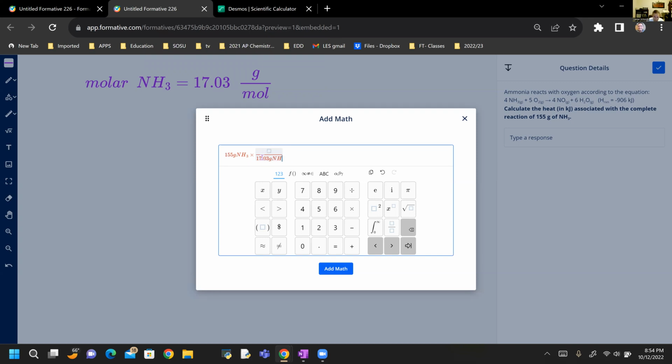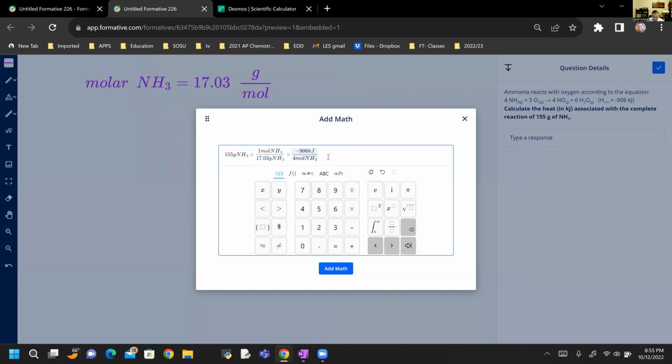We'll just fix it real quick. All right, and so this is equal to 1 mole of NH3, and of course you can always copy and paste NH3 if you find that horrible to type. I don't find it so horrible. And then we know that 4 moles of NH3 is equal to negative 906